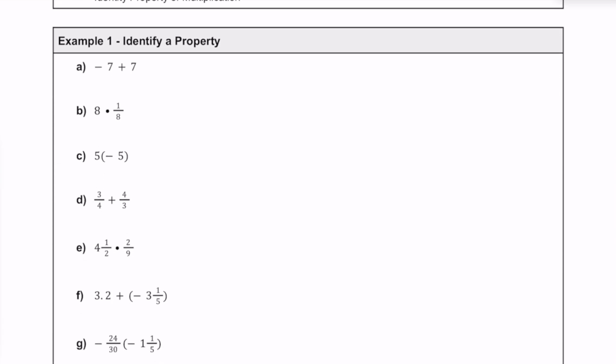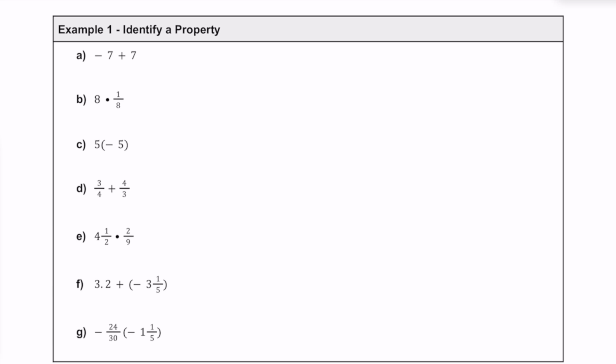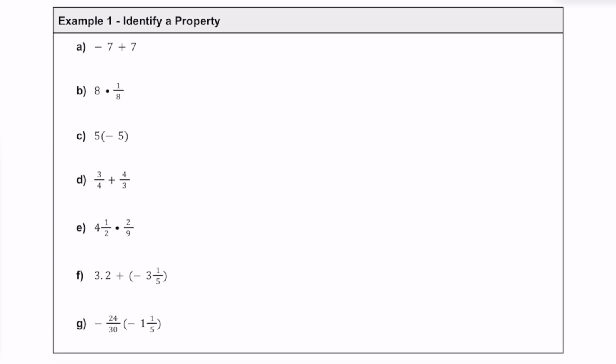In example 1, we're just going to go ahead and see if we can identify if each of these expressions would represent either one of the properties we just mentioned or neither of them. All right, so for this first one, we have -7 plus 7. What does that equal to? Well, it is equal to 0. So if that's the case, if it equals 0, what property would you say? We would just go ahead and say that this must be the additive, practice spelling it here, additive inverse